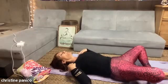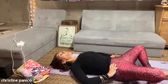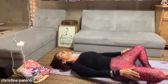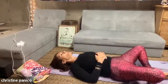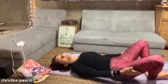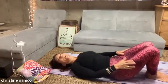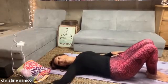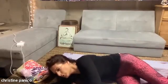Shoulders are on the mat, upper back, middle back, really nice hip opener, nice inner thigh stretch. Just enjoy this nice posture. Breathing in, breathing out. Let's place our hands on the outside of our thighs and slowly close your legs together like a book. And if you have that little blanket prop, we're going to just maybe roll over to the right side,